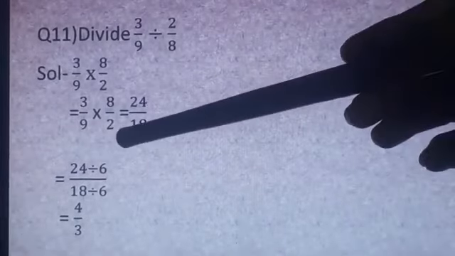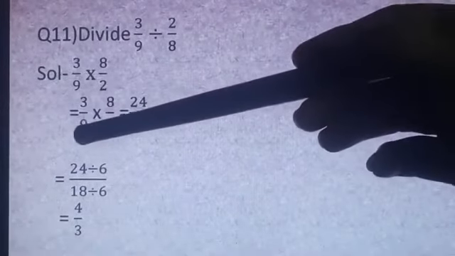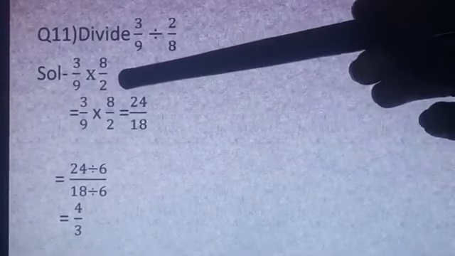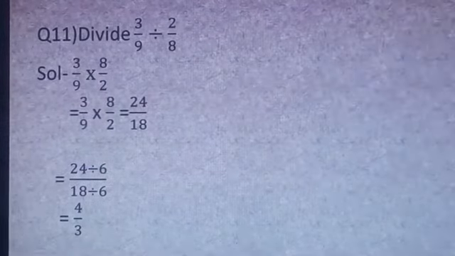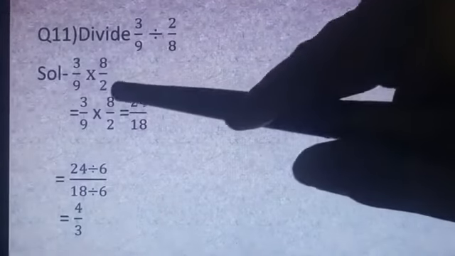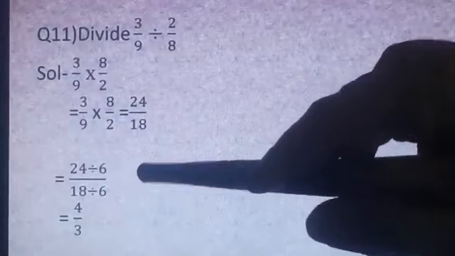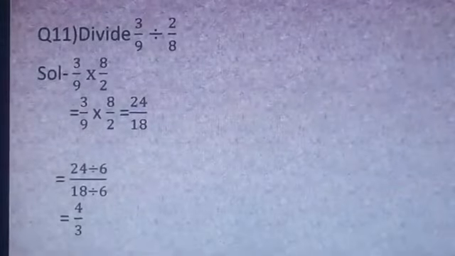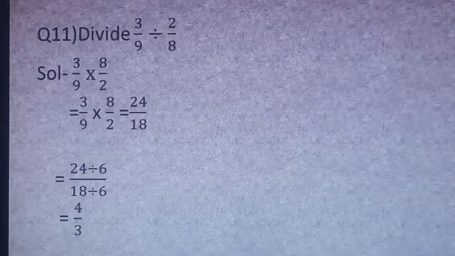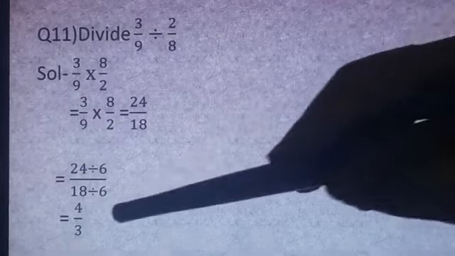It can be done here also. If you are doing cutting, 3 ones are 3, 3 threes are 9, then 2 ones are 2, 2 fours are 8. Then directly you will get 4 upon 3 here also. There is no problem if you have forgot to do cutting here in the first step. Then you can do later on also, or you can show in the form of division also. Okay. But at last when you are writing the answer, make it sure that it is written in its lowest form as it is here 4 upon 3.